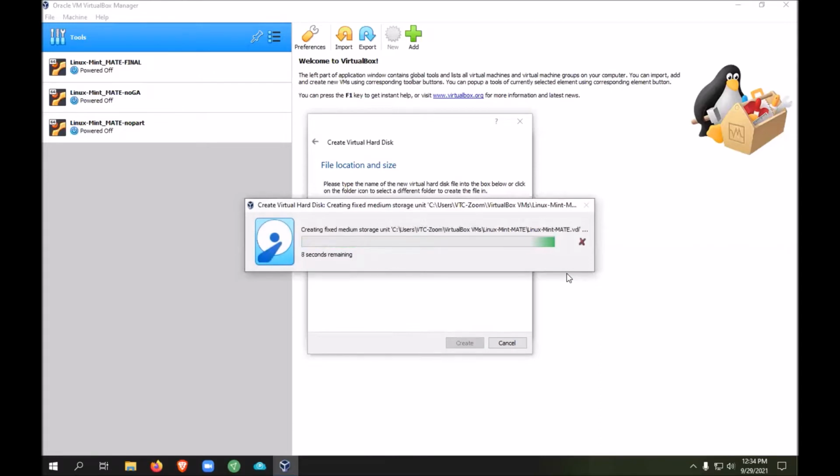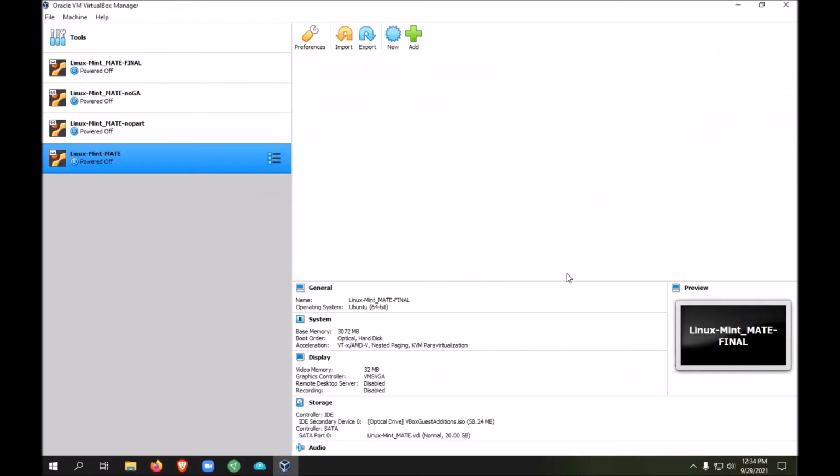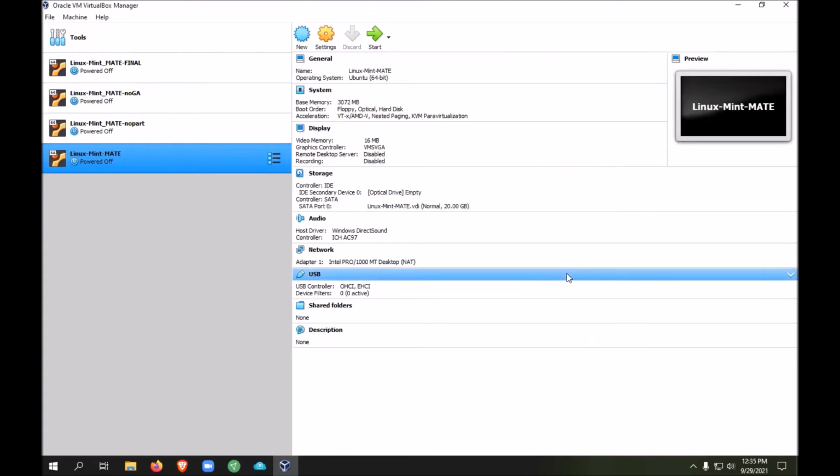And you can see we're going to create a 10 or 20 gig virtual. Depending on your computer, your processor, your RAM, it might take a little bit longer. But like I said, if you're doing a dynamic, it'll be faster, but then over time, it has to keep adjusting. I just say make it, and they don't have to worry about it. So now we have it all set up,